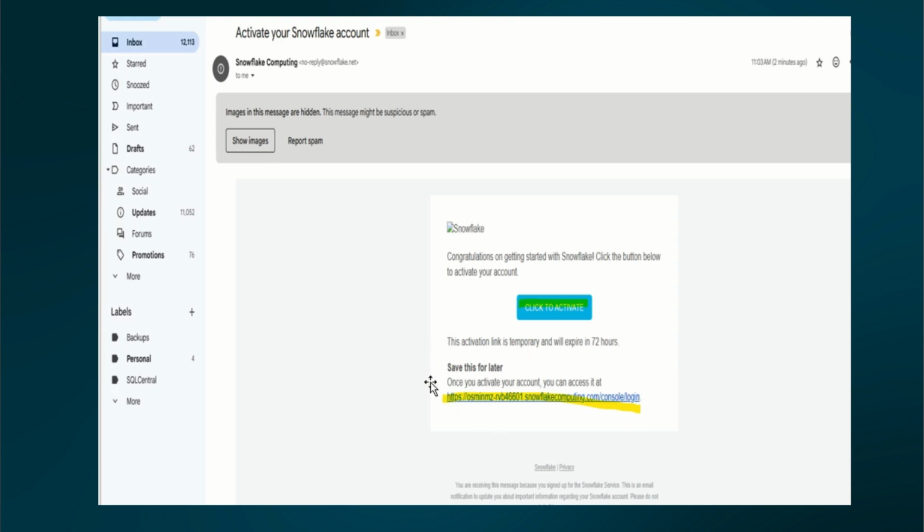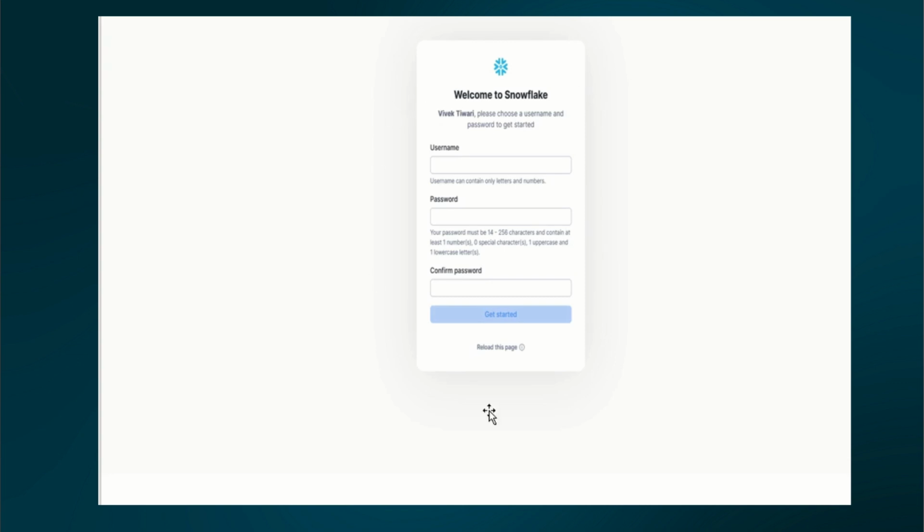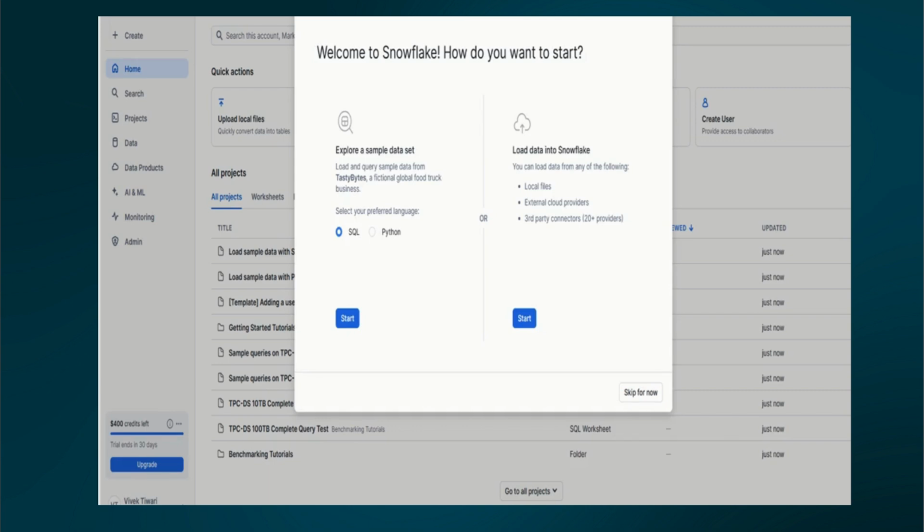I will explain the purpose of this later, but for now just hit the click to activate button, and once you click that, it will land on this page, and it is asking you to choose your user ID and password. Fill in a password you can remember, and your user ID will be your own choice. Just create it, and then when you hit the button,